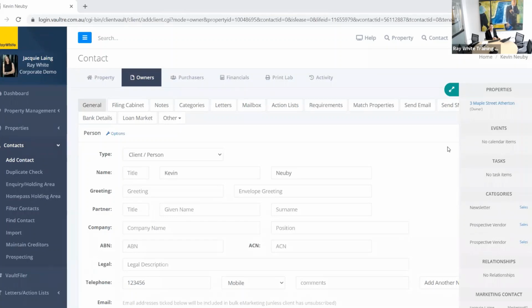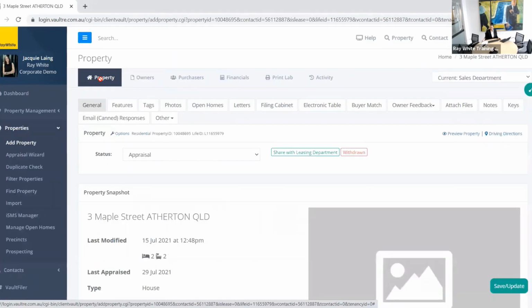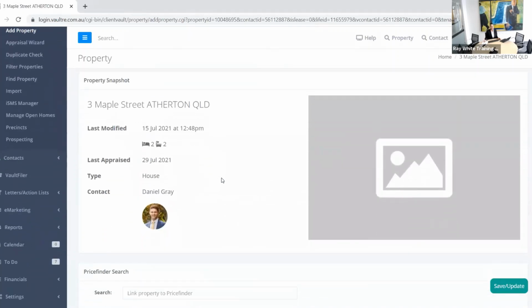Okay, so I'm just looking at my notes here, the things to cover off. I'm just going to do them in a slightly different order to what's on that little form here. So what we've got in our property here, in this instance, is that there's no photo in here. Now, if you're looking at this and going, oh, when I look at my database, I don't see